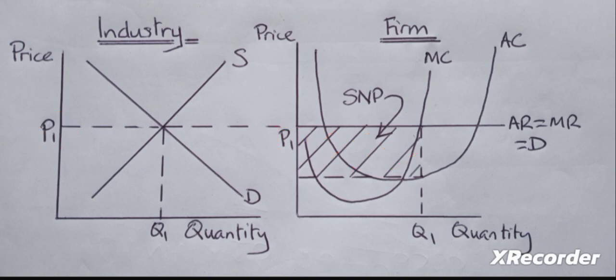But because of the relatively easy access into this industry, there are very few barriers to entry, and there's perfect knowledge or very good knowledge of the level of profits available, other firms then will enter this industry and eliminate that supernormal profit. So the question is often asked to diagrammatically illustrate the entry of new firms and the elimination of supernormal profit. So you show that by drawing the diagrams in front of you here, and then including a